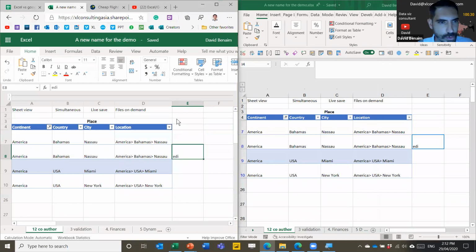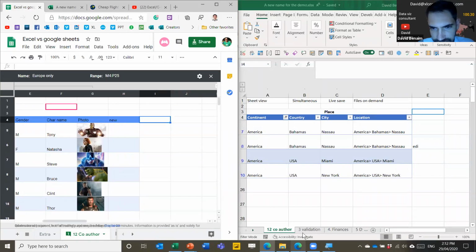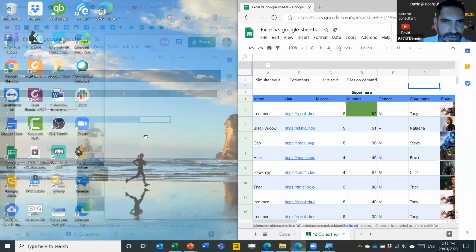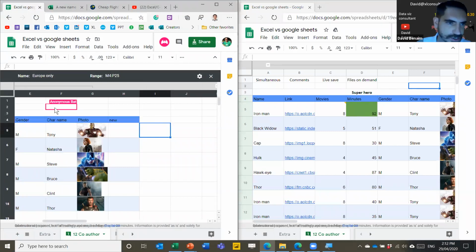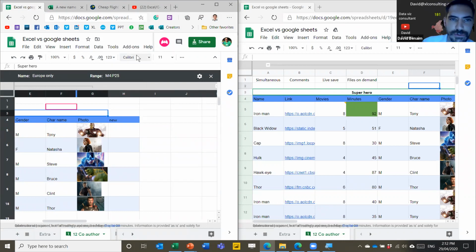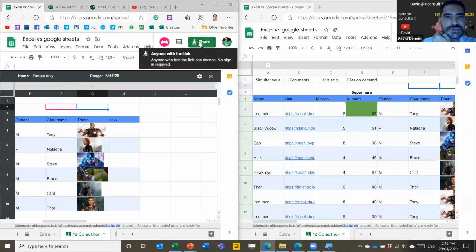So let's look at some ways that Google goes a little bit further. I've got Google on the left here, and now I'll put another instance of Google on the right. So in a similar situation, I have 2 authors, as you can see over here. The reason it calls it anonymous bat is that when you have a user outside your organization, Google will just call them anonymous and then a random animal. In this case, it's a bat, but it could be other ones as well. If you have someone inside your organization, it will name them as well here. Or if you are sharing it through a specific shared user that's a non-anonymous user, then it works as well.